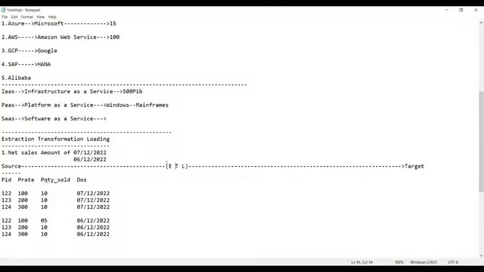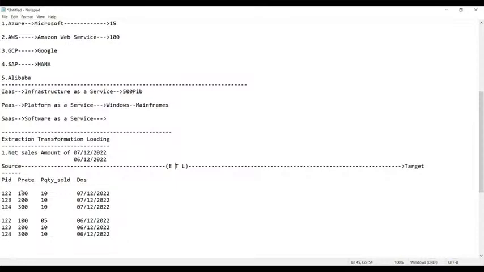Extraction is the process of pulling in the required data. So now, guys, tell me.